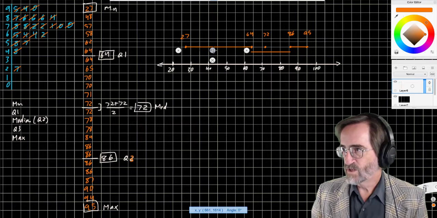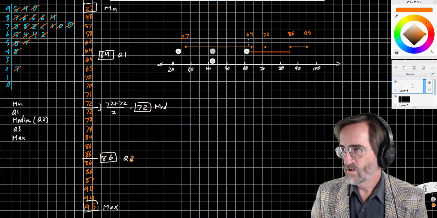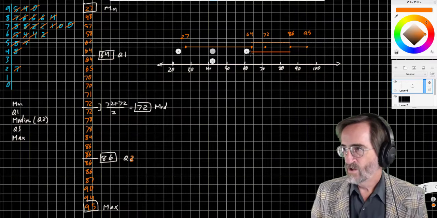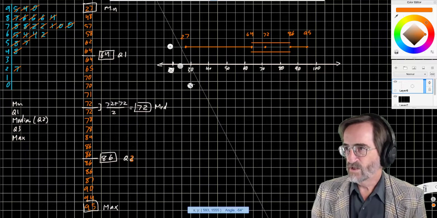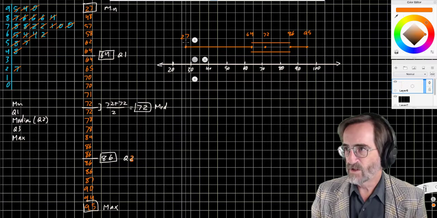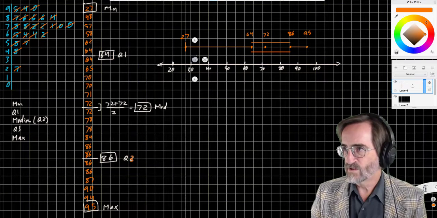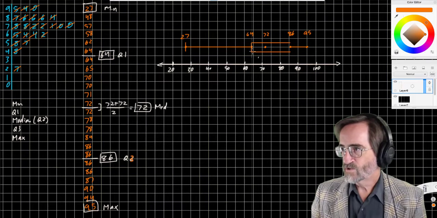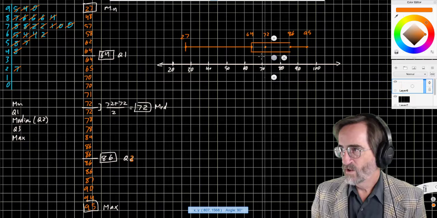Now we've got some vertical lines here. You don't always have vertical lines on the ends, but it depends on style. I typically put vertical lines on the end of the whiskers to indicate the minimum, first quartile, median,